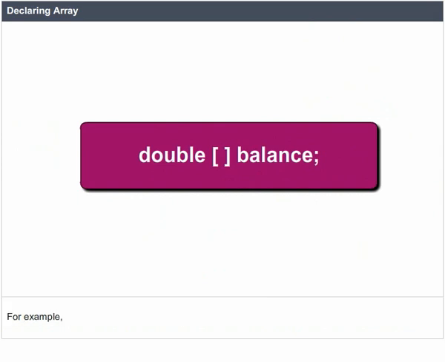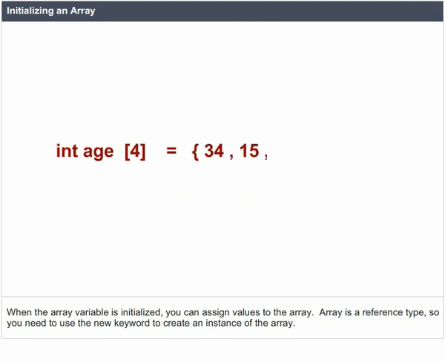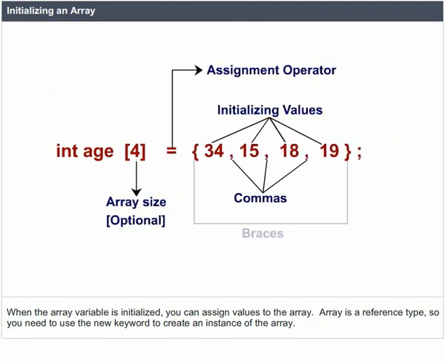Initializing an array. Declaring an array does not initialize the array in the memory. When the array variable is initialized, you can assign values to the array. Array is a reference type, so you need to use the new keyword to create an instance of the array. For example,